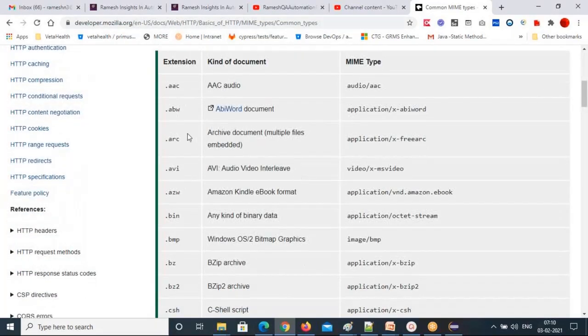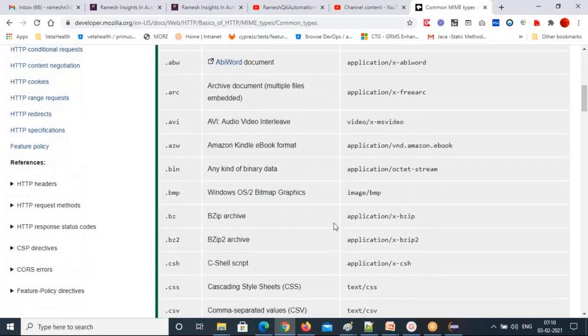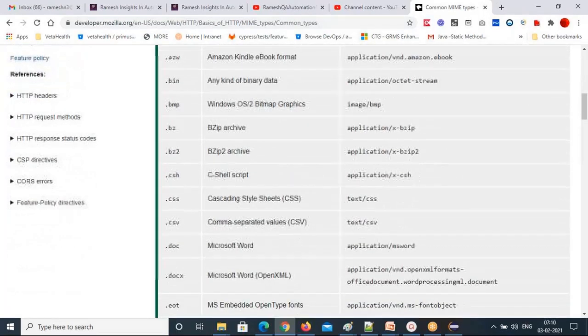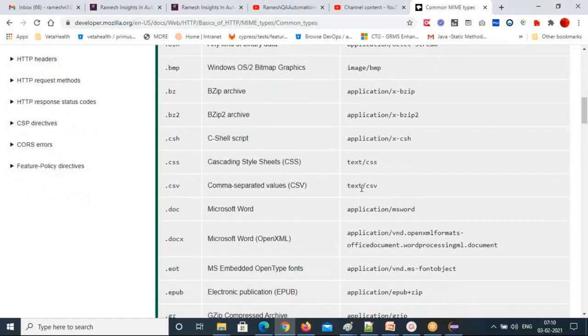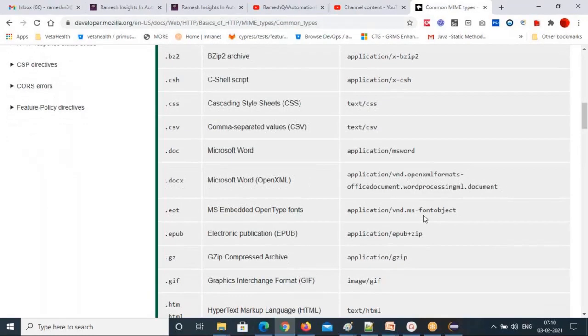And you can see here so many categories: bin file, application/octet-stream, BMP, image/bmp, CSV file, text/csv, CSS, text/css, MS Word. If you want to download MS Word, application/msword.